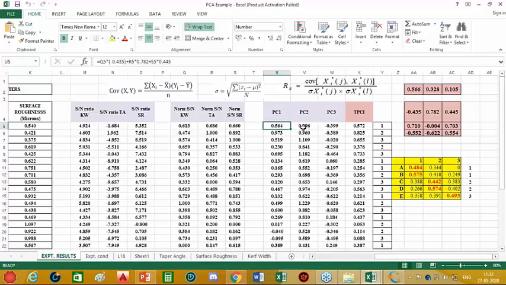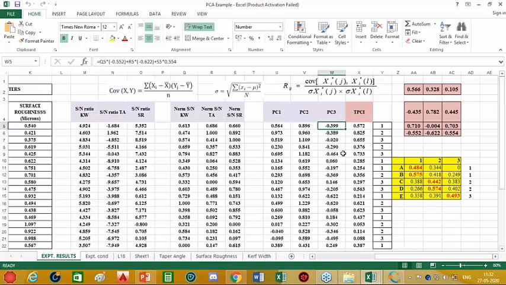To find PC2, we use the second row now. How do you get this particular value of PC2? For the first term, it is 0.613 multiplied by 0.710. Then plus 0.686 multiplied by minus 0.004, and plus 0.660 multiplied by 0.703. So this is how we can find PC2. Similarly, we can find PC3 by considering the eigenvectors in the third row.